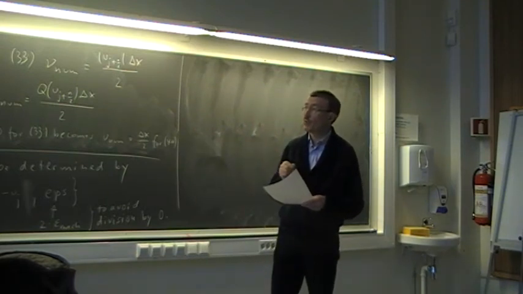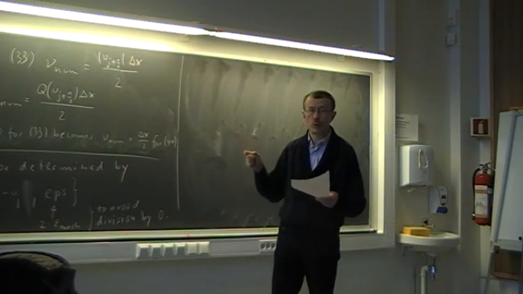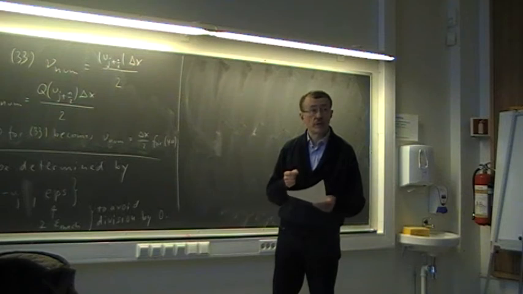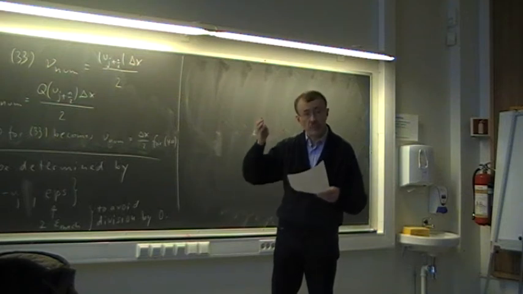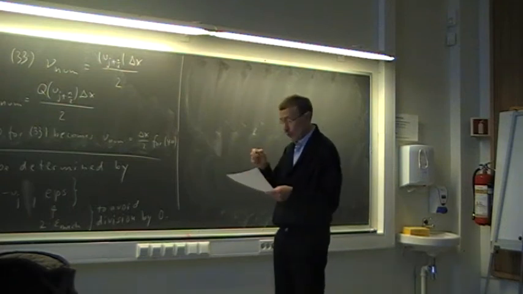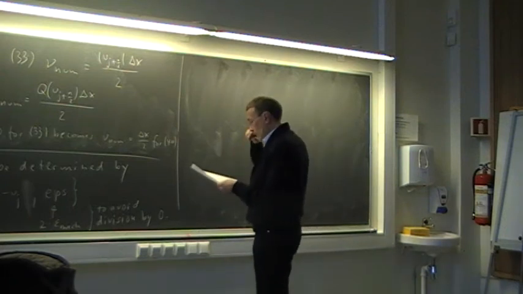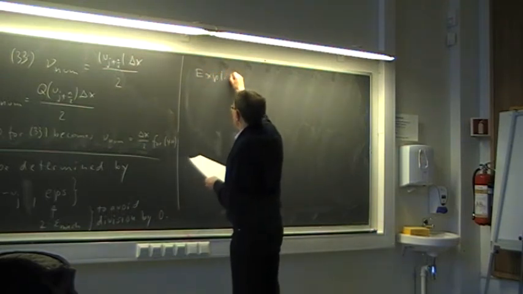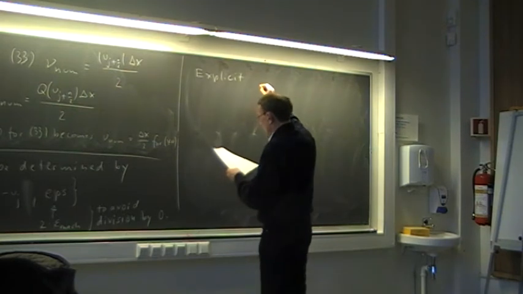And we can, just by observation, conclude that the upwind method has the property that the total variation is not increasing. That is called total variation diminishing. Actually, we can prove it. We don't do it here, but we can do it. So we can conclude that the explicit upwind method